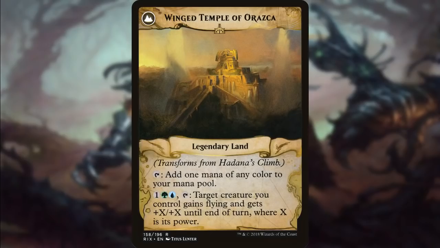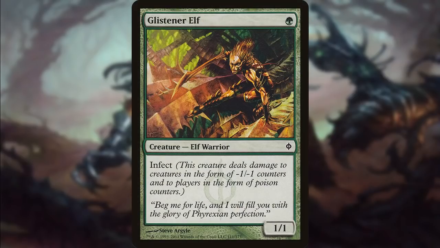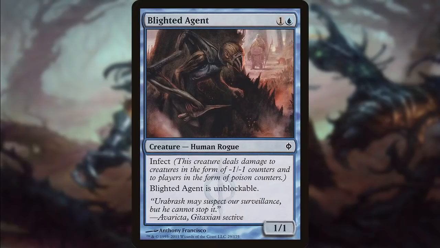So now on to the bulk of the deck. This is going to be how we infect our opponents. We have a bunch of them. Glistener Elf, just a 1/1 infect creature. Blight Mamba, 1/1 for 2, but it does have the ability to regenerate itself. Blighted Agent is just a 1/1 for 2 again, but it is unblockable, making it one of the more dangerous